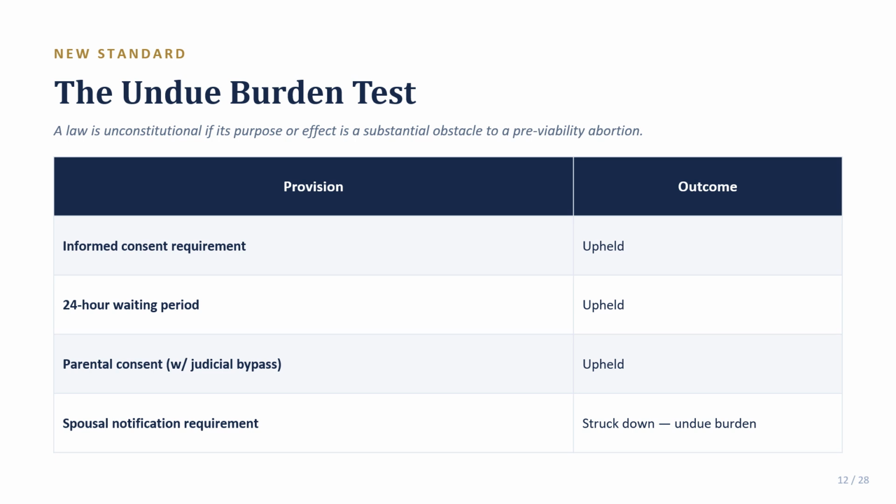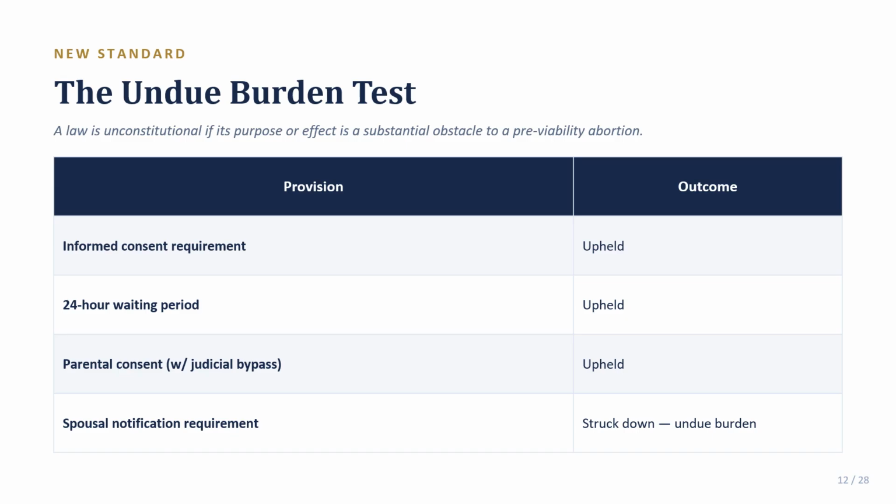Okay, now conversely, a law with a genuinely improper purpose that's designed specifically to prevent women from obtaining abortions rather than to serve any legitimate regulatory interest could fail even if, in its practical effect, it turned out to be relatively modest. Okay, so let's walk through the four Pennsylvania provisions and their outcomes, since this is exactly how the undue burden test gets applied in practice.